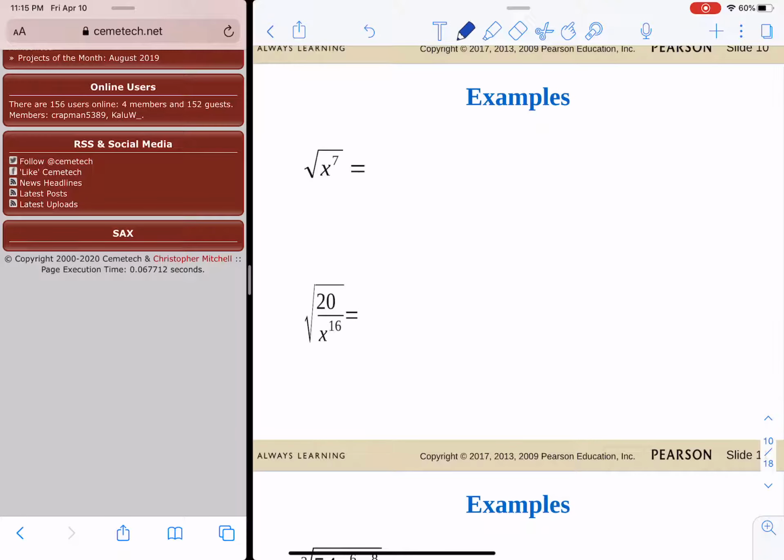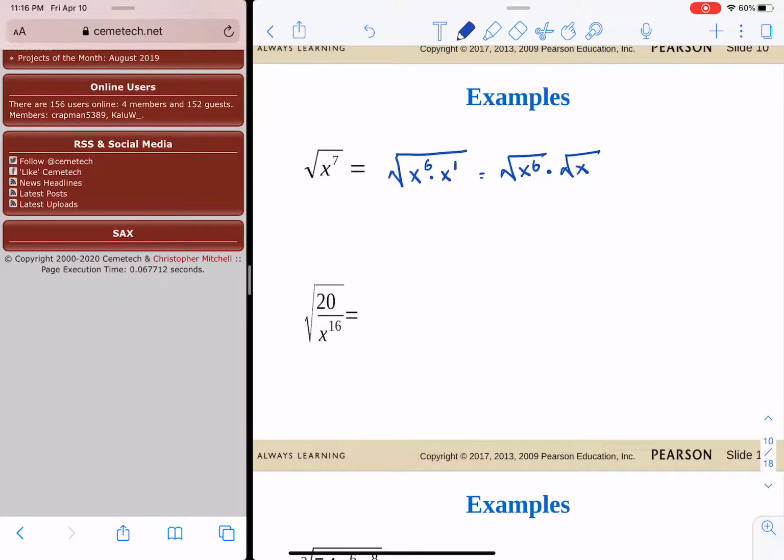The square root of x raised to 7. So here we want to know if we could write x raised to 7 in terms of a perfect square. So I could write x raised to 7 as x raised to 6 times x raised to 1. Bases are identical, add the powers, 6 plus 1 is 7. We could split up the two factors and write it as the square root of x raised to 6 times the square